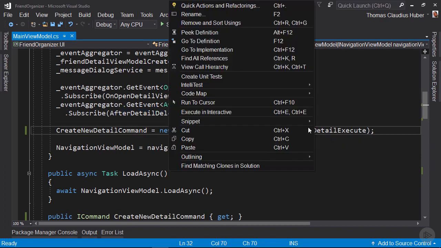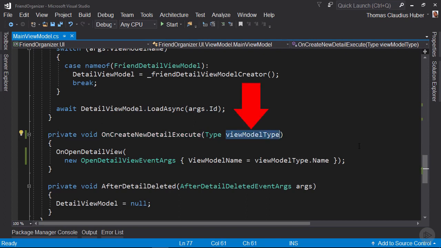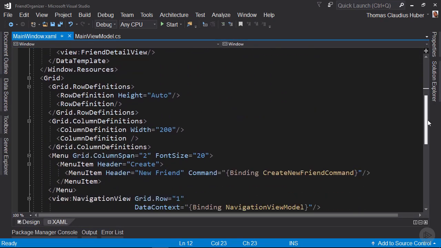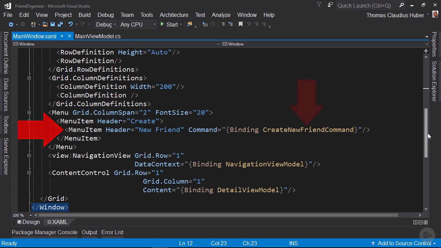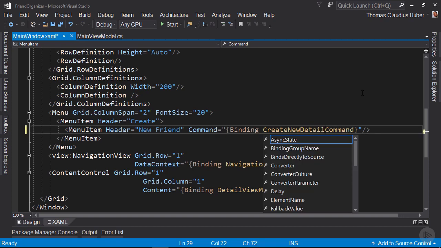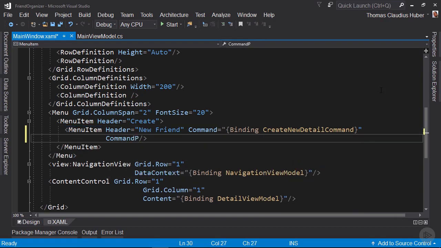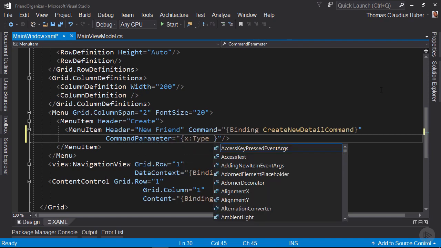Now when I go again to the execute method, we need to provide that parameter from the user interface. So I open up the main window where we have the menu item to create a new friend. Here you can see the menu item and it binds to the createNewFriend command property of the main view model. But we have renamed this property, so let's call it here also createNewDetail command. To pass in a parameter to the execute method, we use the command parameter property on that menu item. And here we can just use the x:Type markup extension to pass in the type for the friend detail view